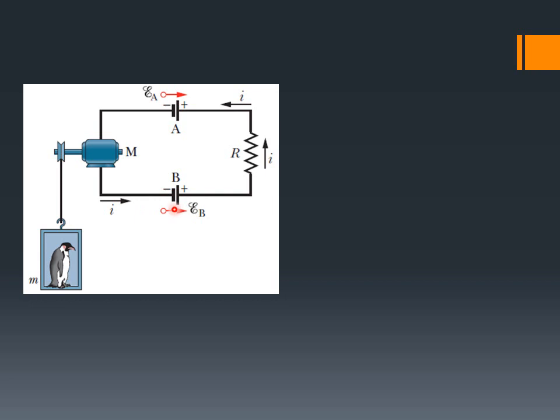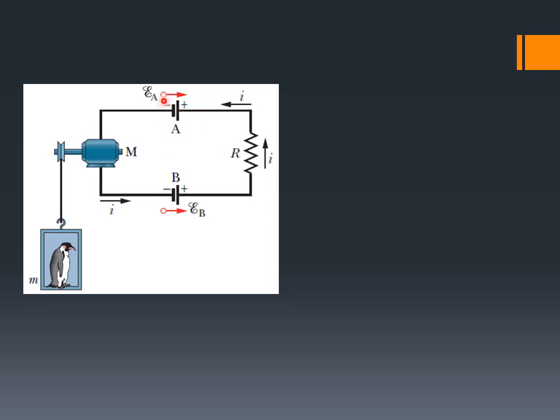Okay, so when the charges are pumped inside battery B, they start moving in this direction. Hence, this is a current. That current, when it passes through the resistor R, you know, when the current passes through a resistor, the temperature rises, and we say that some of the voltage drops when it is moving through a resistor.